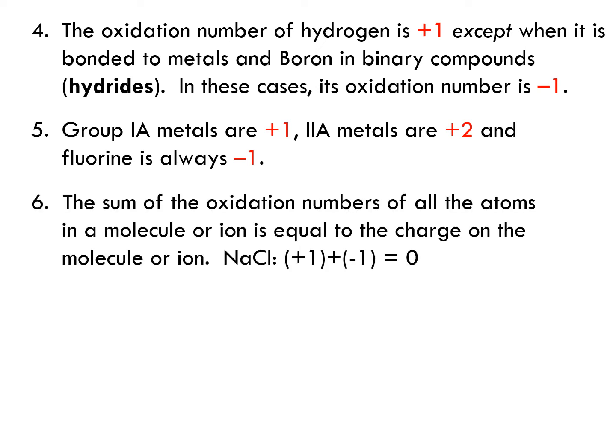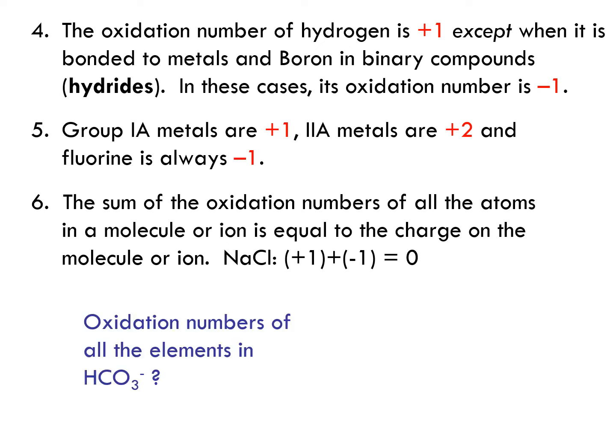Then a useful thing is that, as we've seen for water, if you sum up all the oxidation numbers in a molecule, that number is identical to the charge of the molecule as a whole. So if the molecule is neutral, the sum of all the oxidation numbers should give you 0. This is useful when you are asked to calculate oxidation numbers, because some elements are predictable, while other elements can have so many different oxidation numbers that it's hard to tell.